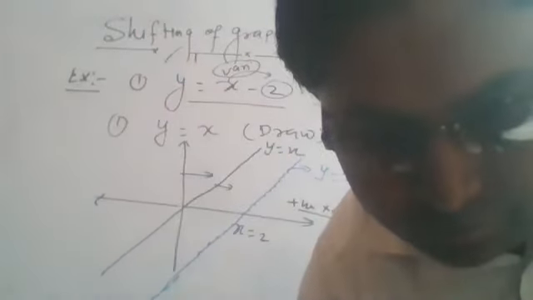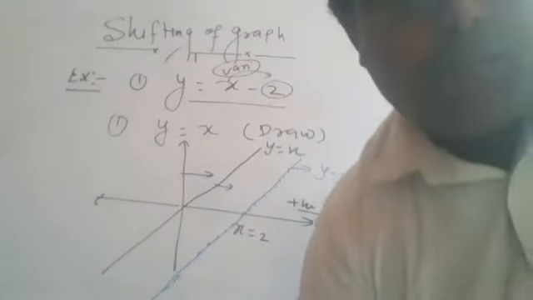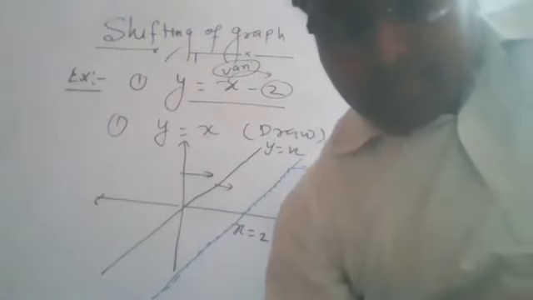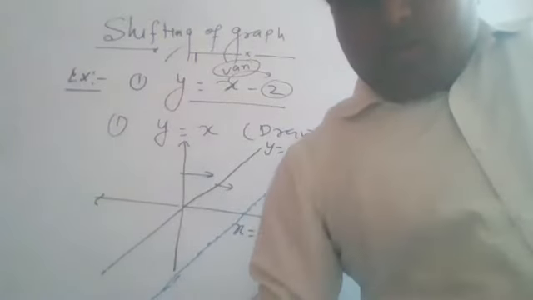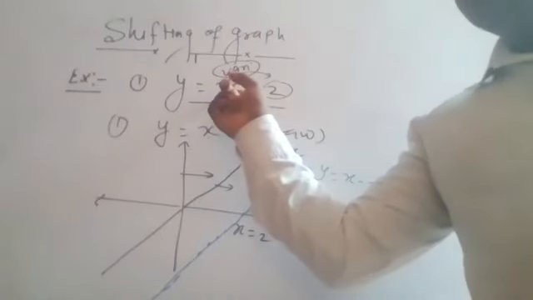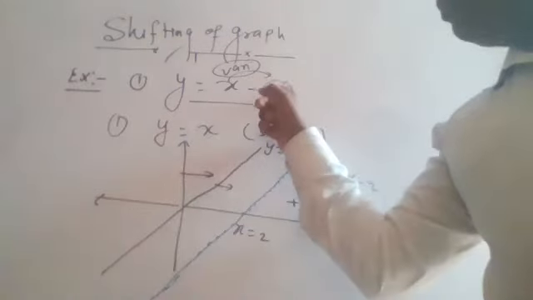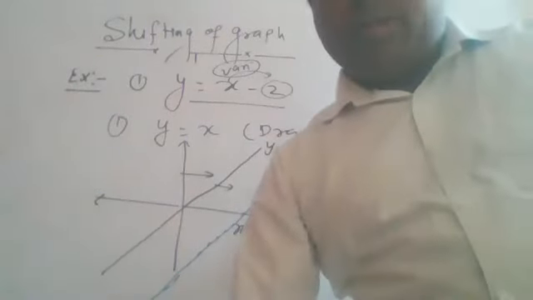Okay, everyone, just write it down in your copy. Okay, students, is it clear? Any doubt? No, sir. So what do we have to do? We have to just shift the graph of the basic one. The basic graph is what? x, and we have to shift along positive x, where the constant is subtracted from the variable. Okay, so just write it down, everyone.